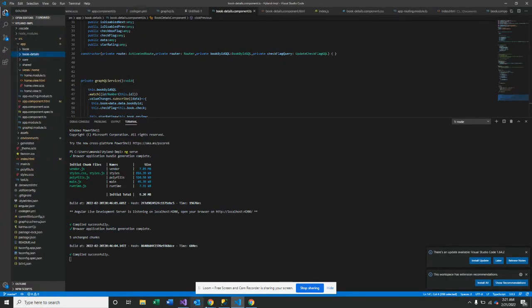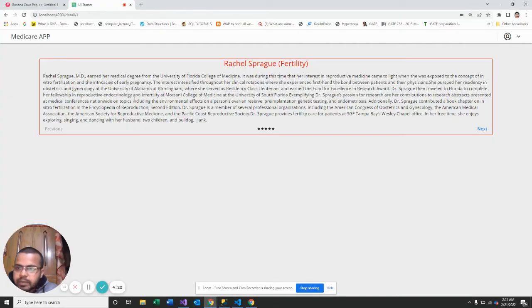Yes, basically in an Angular app everything is a component. This is one component where the component is used to show the details of one specific entry.